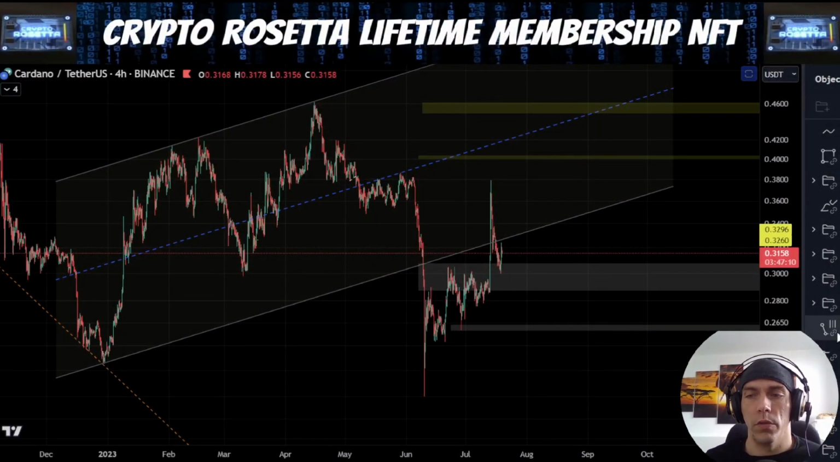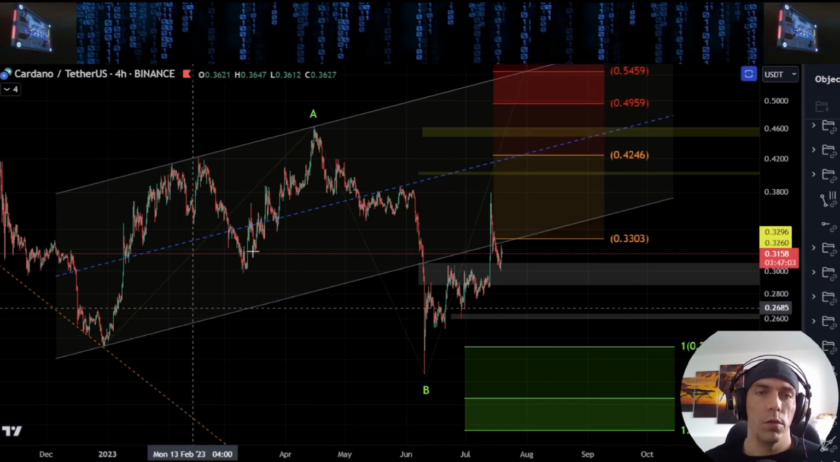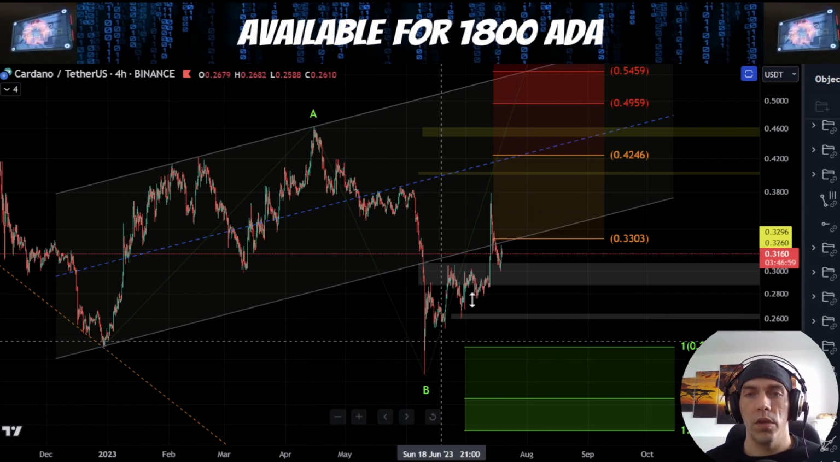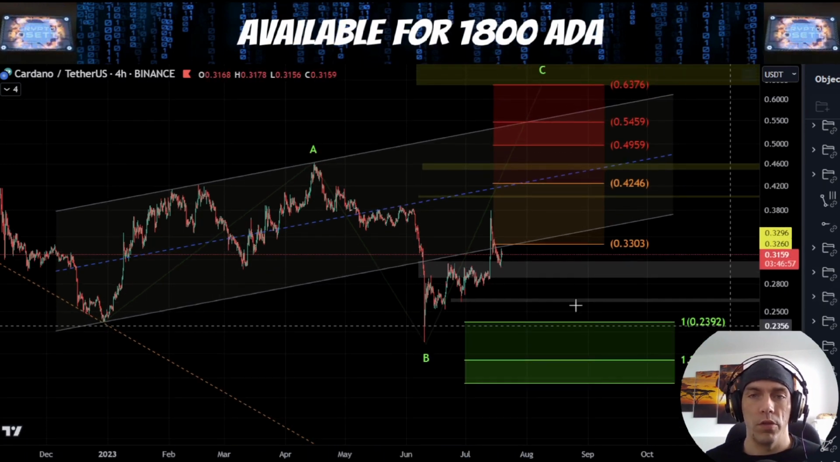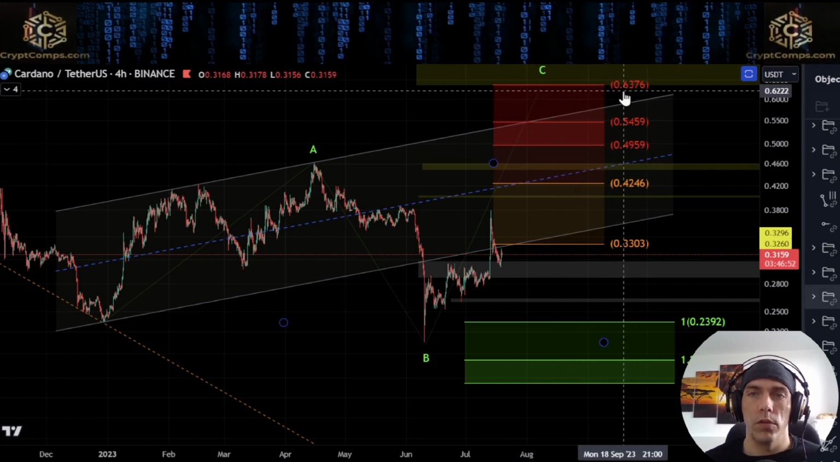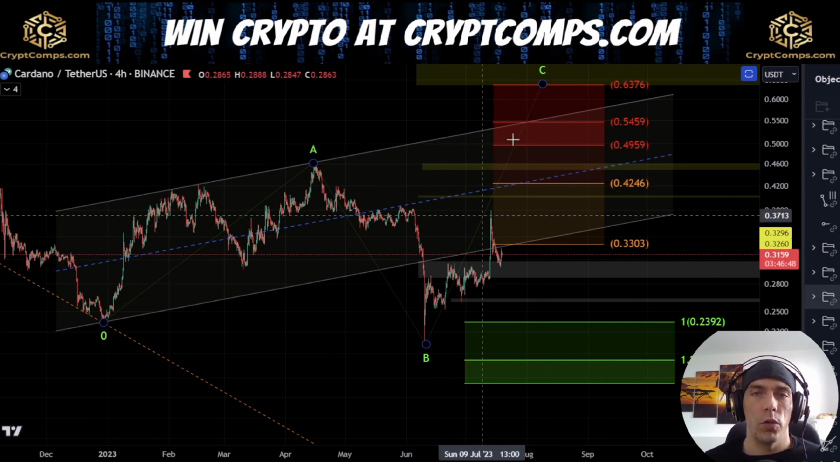Following up to some of our other ideas here, what I want to just go over is a couple of the bigger picture ideas that we're looking at here. So one of them is that we could see something like this, where this is an A wave, this is a B wave, and we're looking for this flat correction to the upside. Now, a common target area for this would actually be here towards this 6376 to this 4959